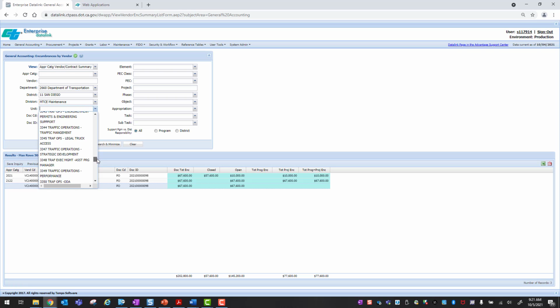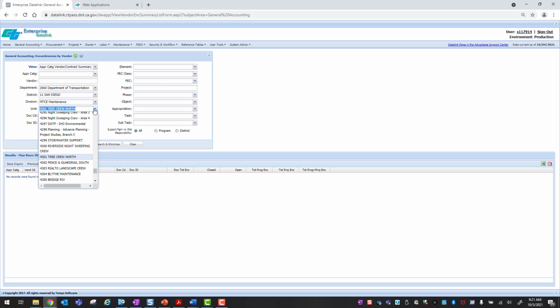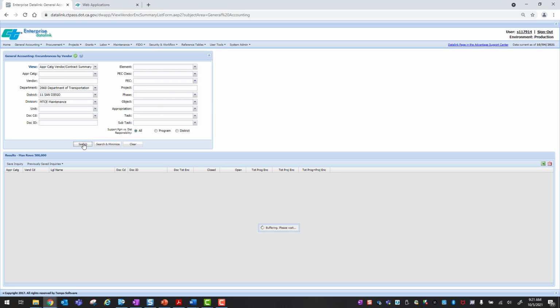actual unit. So let's see if we can find one. I'm just looking here. I'll just pick one that I might know. No, sometimes it's hit or miss here. So if you don't know the specific unit number, you can search if you want, or you can simply just search. And what it's going to do is it's going to go find all of the contracts for District